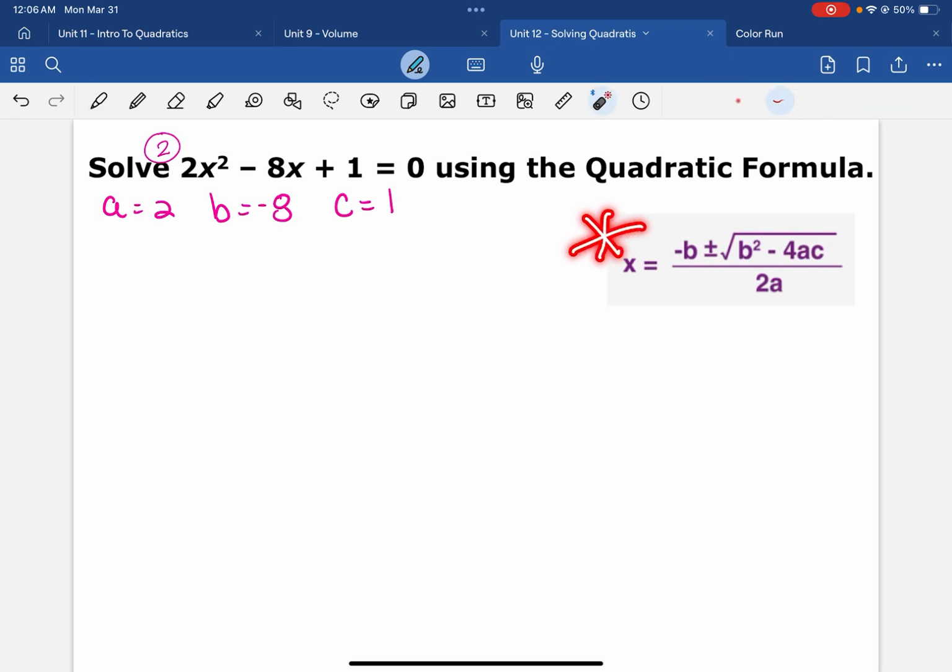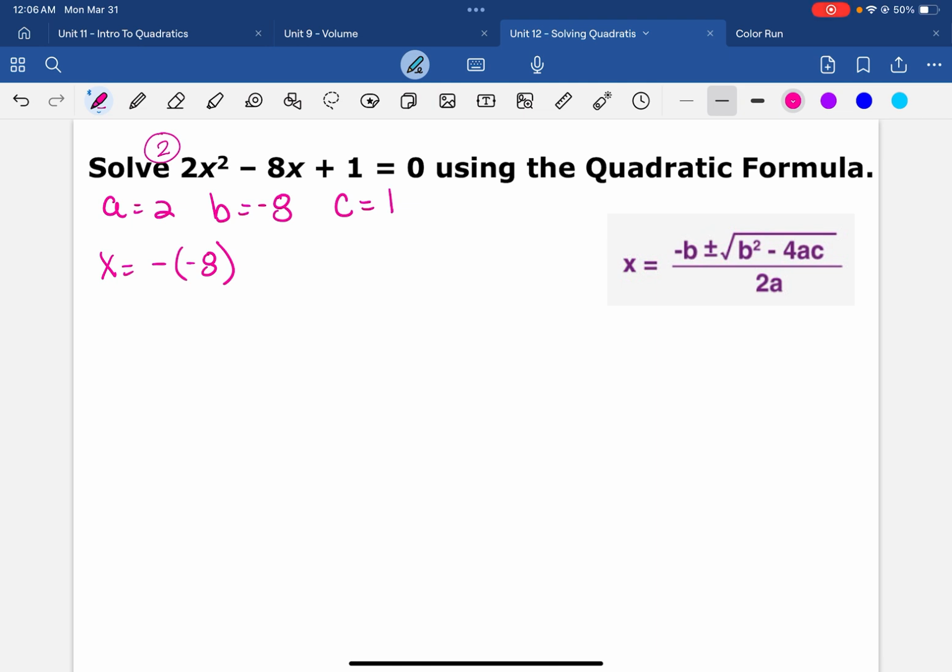Right here. Again, it's always found on your formula chart. Next, we're going to substitute in our a value, our b value, and our c value. So x is equal to -b. Well, b is -8. Do not forget that you're taking the negative of your entire b value. So if that b value is negative, you're going to see when we simplify it, it really turns into